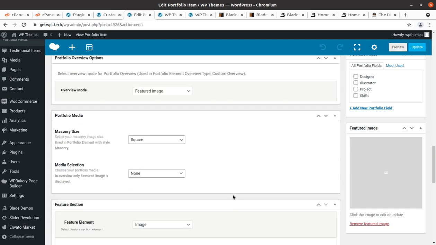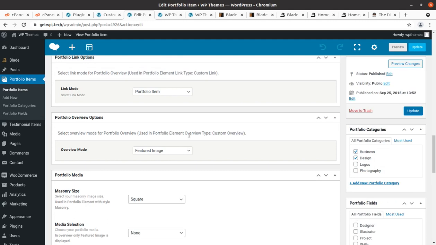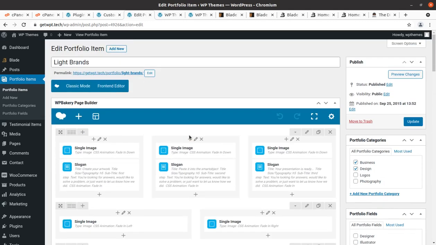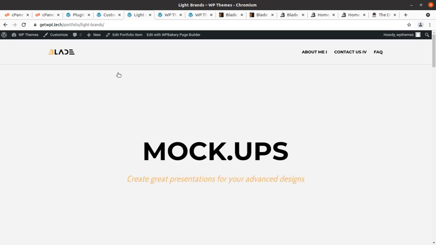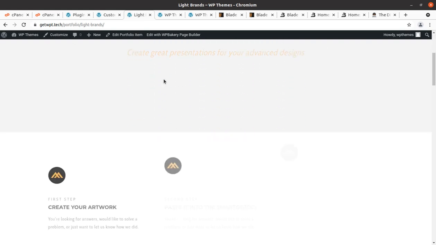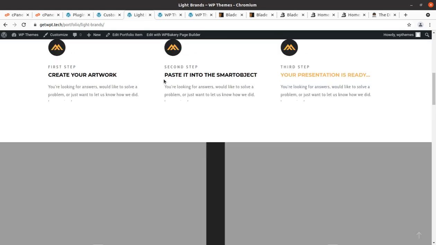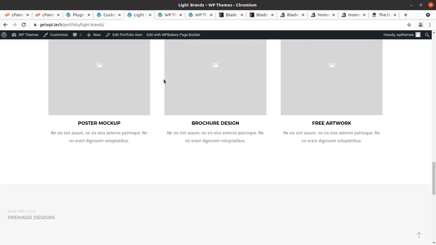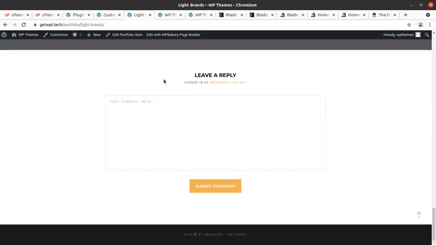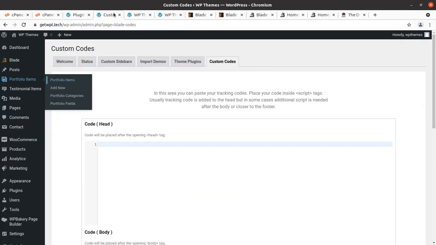So you can handle the portfolio items, and you can take a look at how this portfolio item looks in the front end. Okay, so this is the portfolio, and it is an important page for business, so this should be taken care of if you are using this, so it is fine.